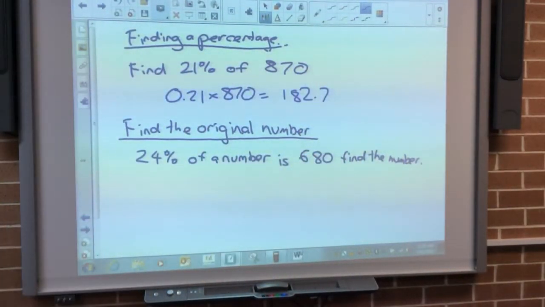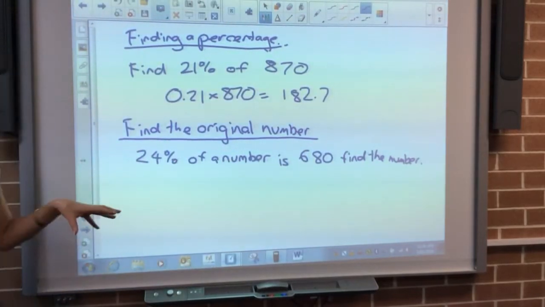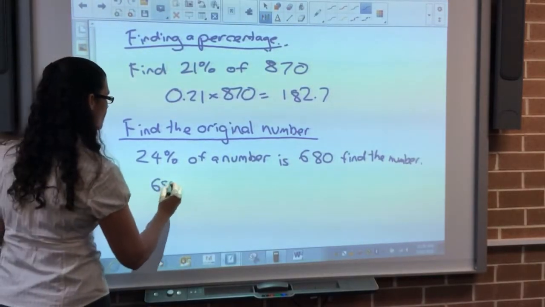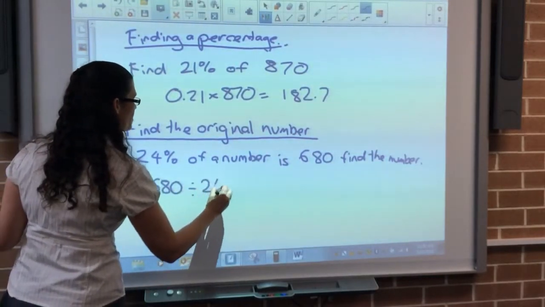Okay, how do I do this one? You divide 680 by 24. I divide by 24, well done. Okay, so the key to do this question properly is to recognise that 680 is 24%. So dividing by 24 will give me the 1%, and then I'm going to times by 100 to make it the full amount. Okay, so if I do 680 divided by 24,